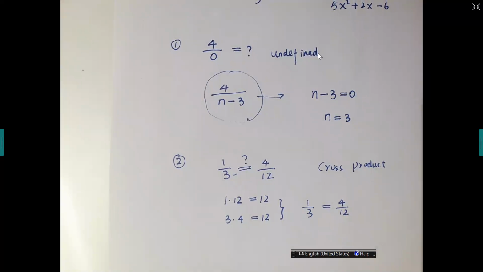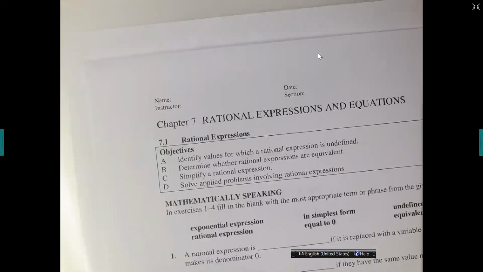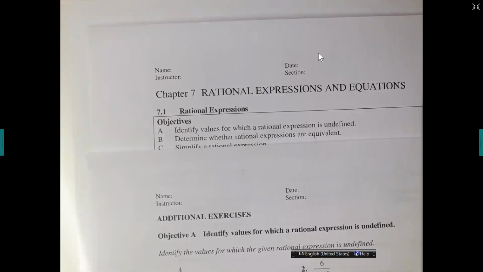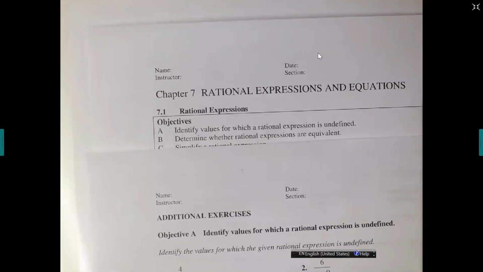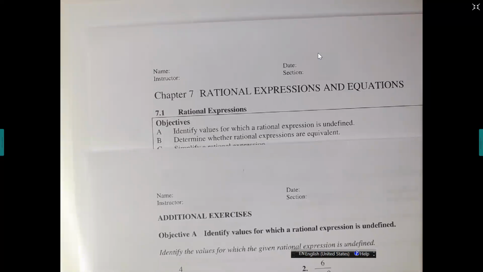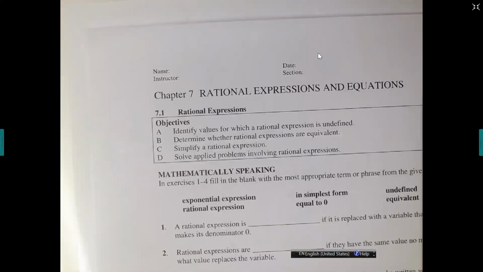So the second problem, what we'll see here, will be to determine whether rational expressions are equivalent or not. So they do not look the same, but they might be identical. And how do we do this? Now let's look at